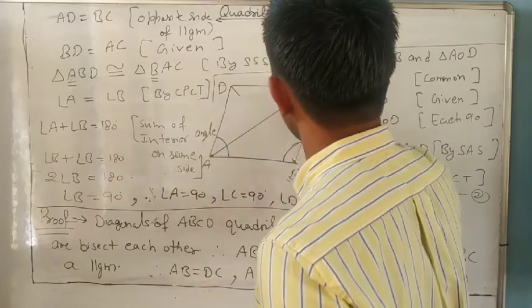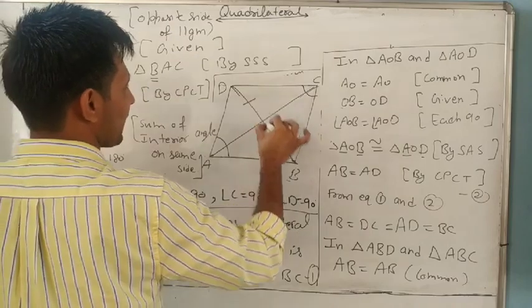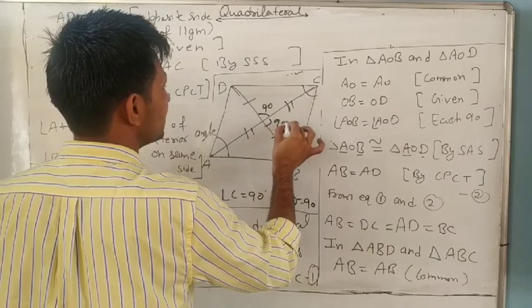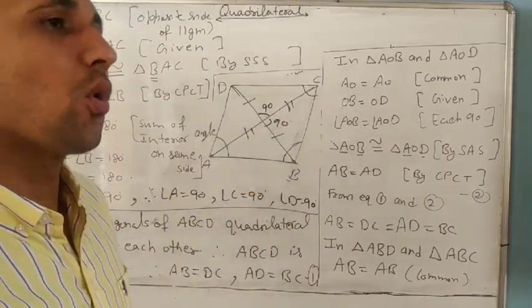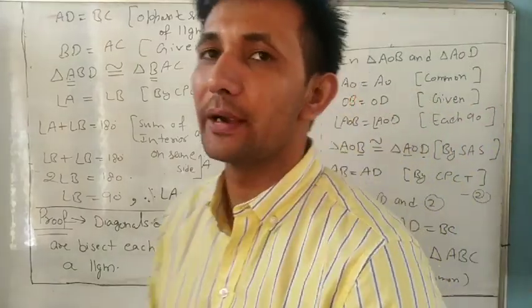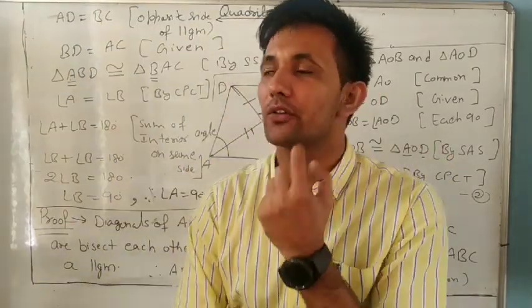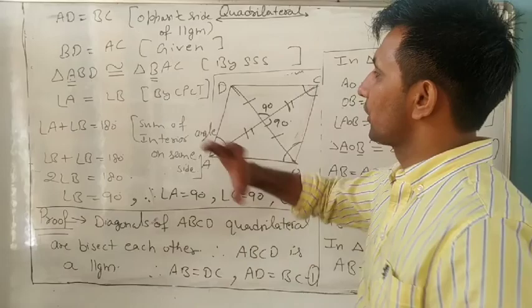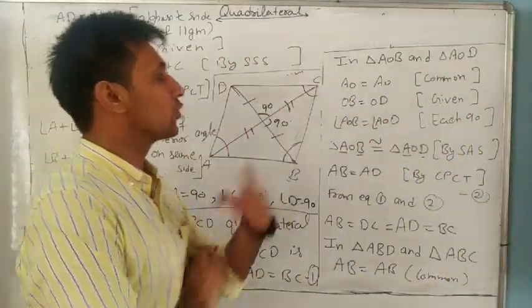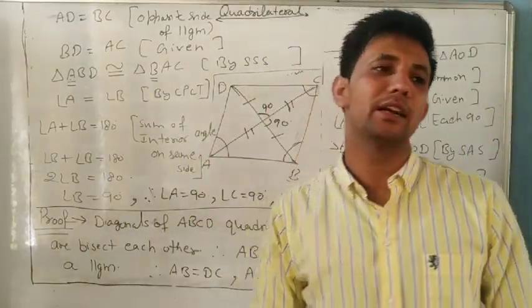Understand it? So we proved that if the diagonals of a quadrilateral bisect each other at 90 degrees, and are equal, this is always a square. So in this type of question you should remember what we want to prove. If we want to prove a square, think what a square is. A square is a parallelogram, so first prove that it is a parallelogram. Second, in a square each side is equal, so we prove that each side is equal. Next, each angle is 90, and we also prove that.